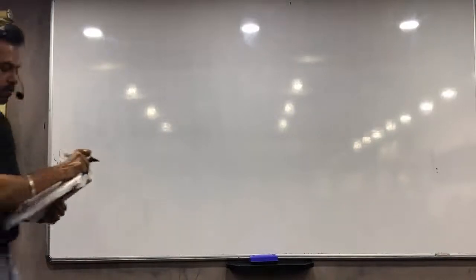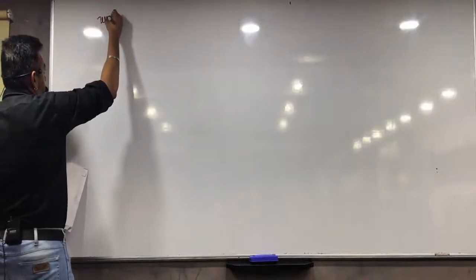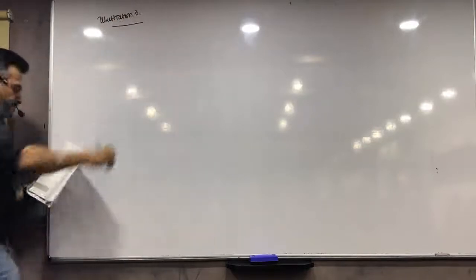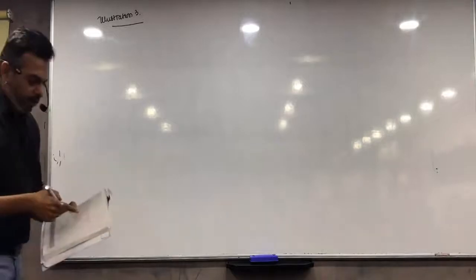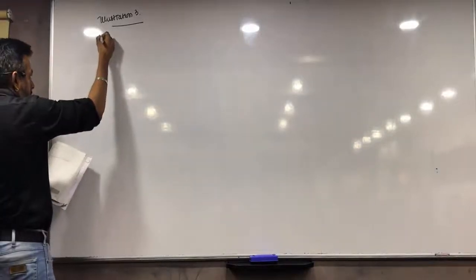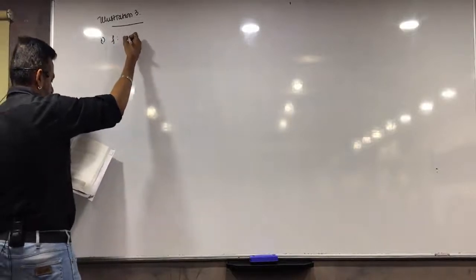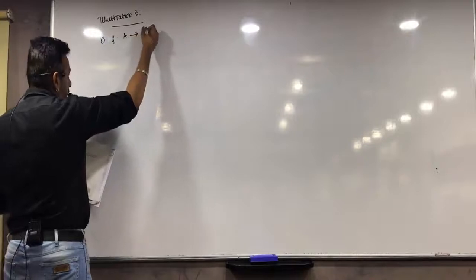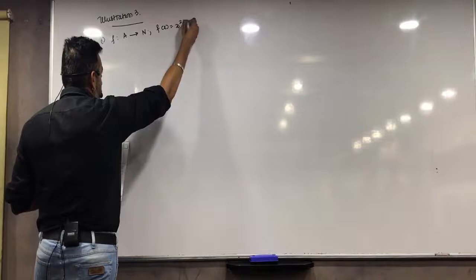Find the domain, codomain and range. Illustration 3 panel. Be careful, these are all tricky ones, that's why I'm doing it on the board. First one, function f is a function from set A to set N, where f of x is equal to x square plus 1